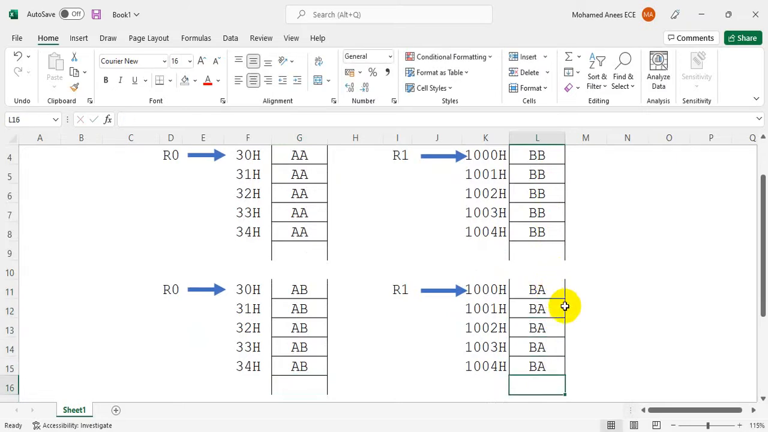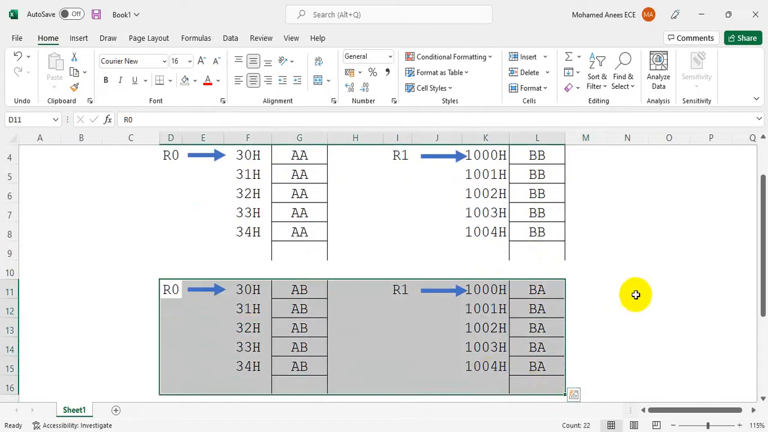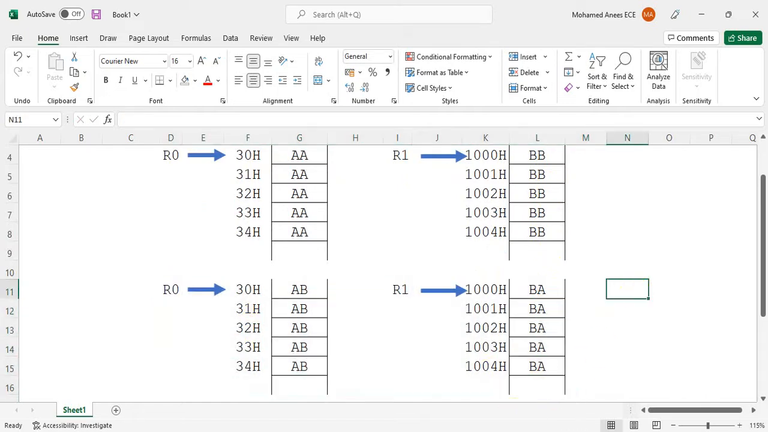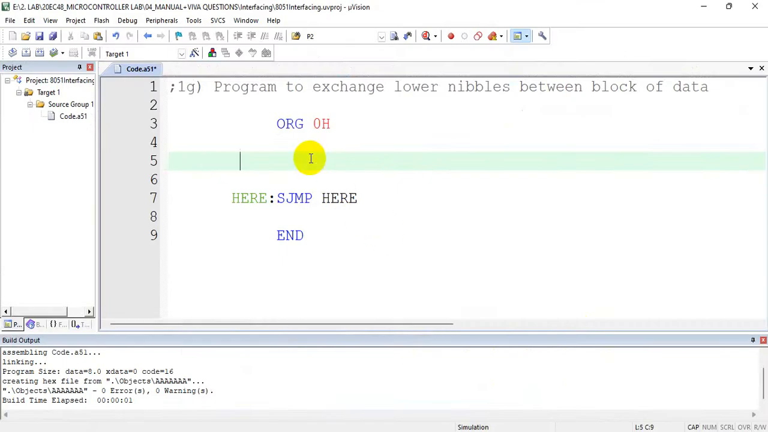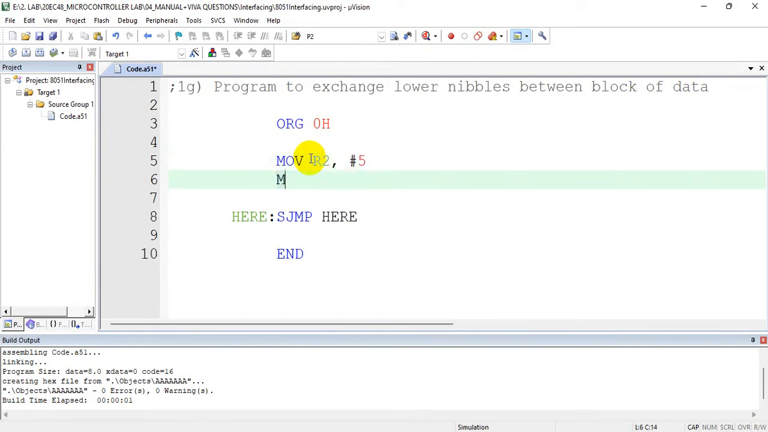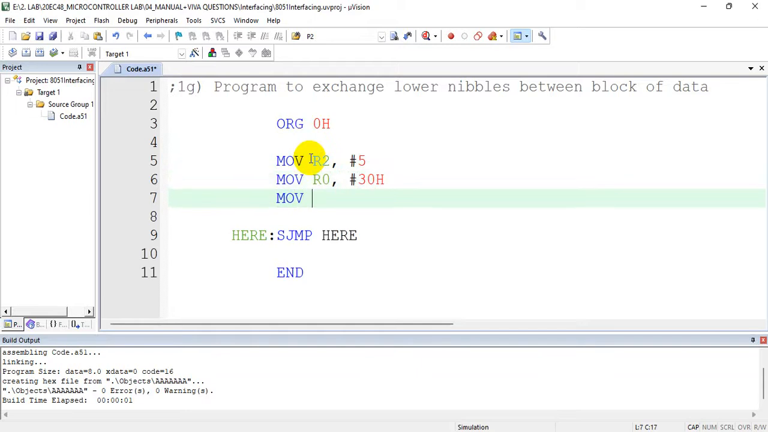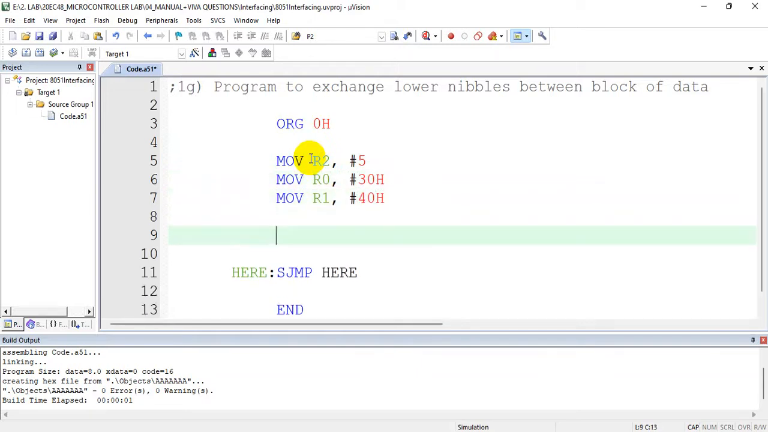You can give any data. So this is what you see after executing the program. The logic and the programs are almost the same. So declare a block size of some 5, initialize a pointer to source memory, initialize a pointer to destination memory. Now bring one of the operands